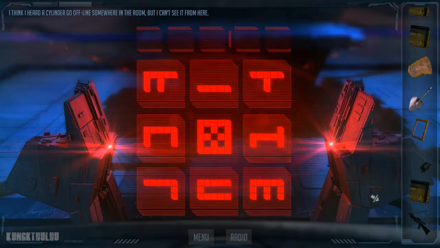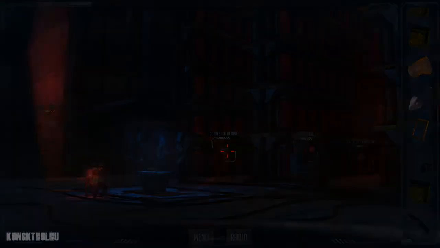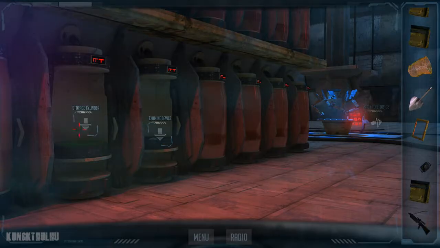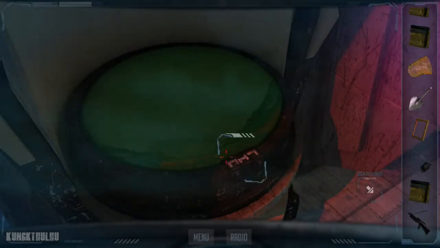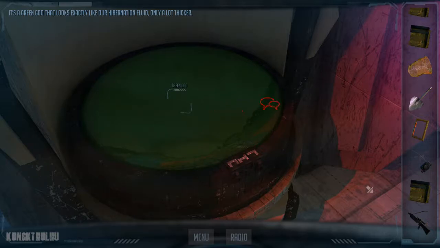I think I heard a cylinder go offline somewhere in the room, but I can't see it from here. It's 3 symbols, similar to those I've seen on the consoles. It's a green goo that looks exactly like our hibernation fluid, only a lot thicker.